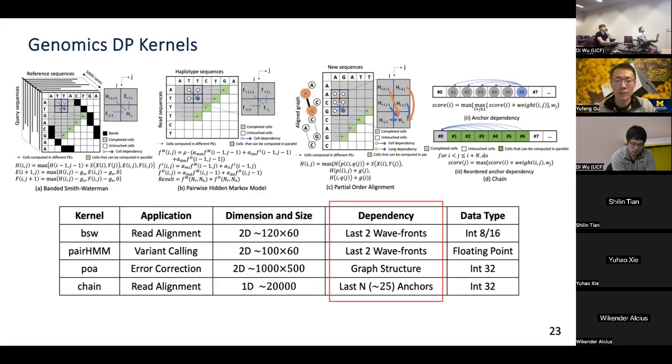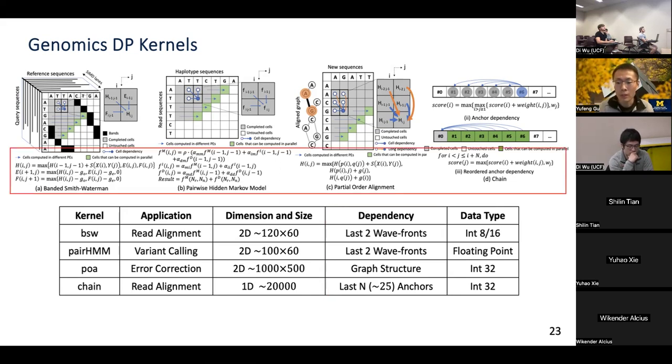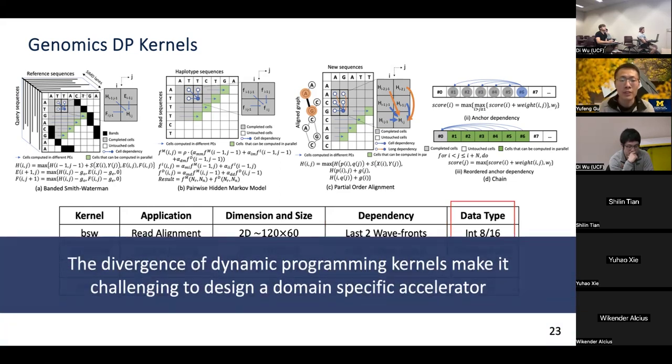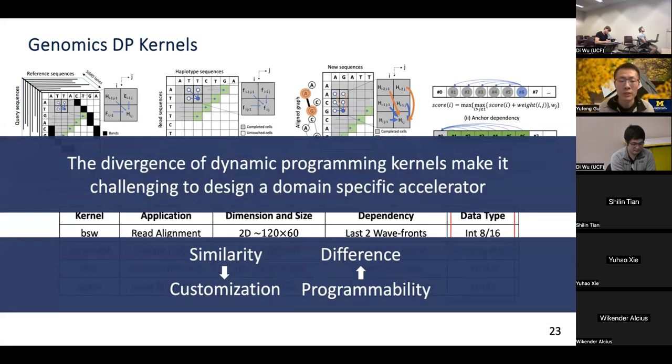Some are very simple, like the first two kernels. Some are complicated because they have graph structure. Also, their objective functions, the operations we need to calculate, are very different, and the precisions are different. This divergence of dynamic programming algorithms makes it very challenging to design a domain-specific accelerator to support all of these different characteristics. And our solution is to